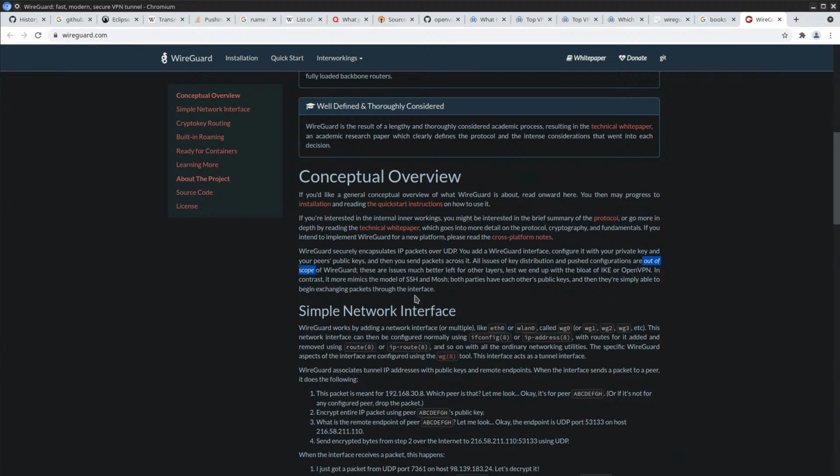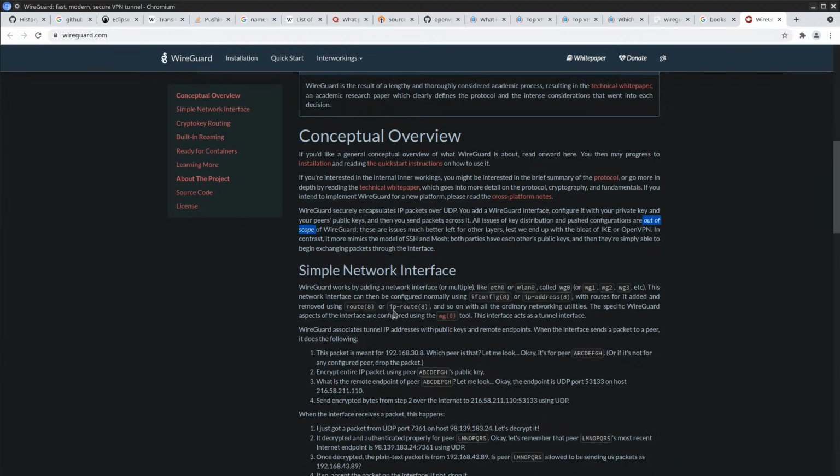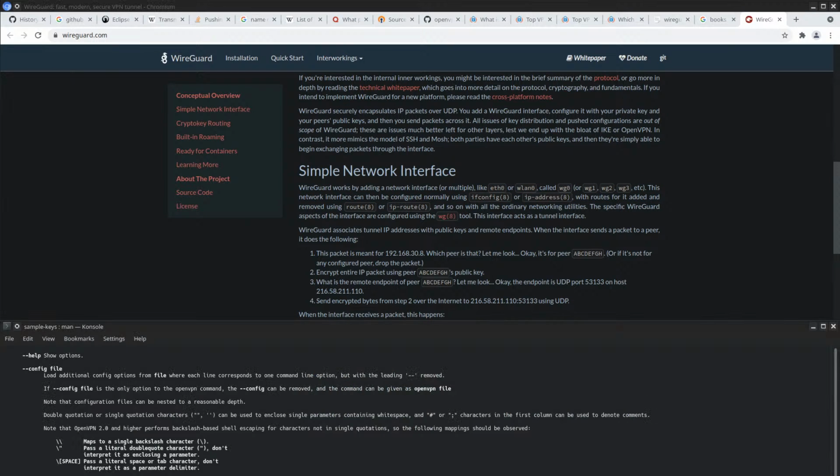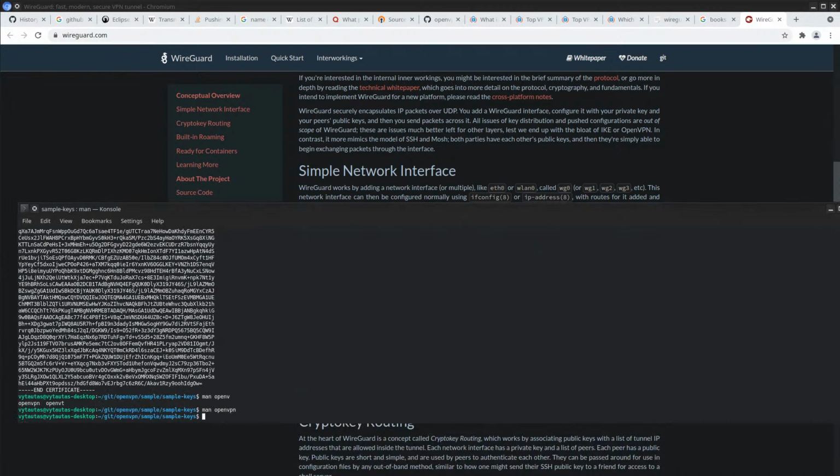Yeah, this sounds a lot like what we would need. Simple network interface. WireGuard works by adding a network interface, like, yeah, so these are names for network interfaces. So if you use something, let's see.